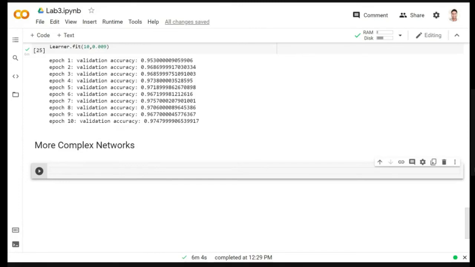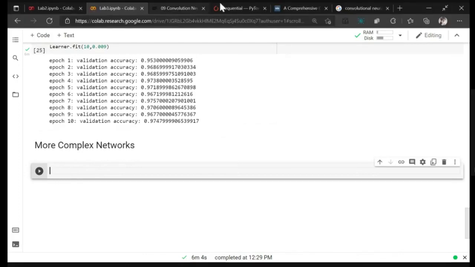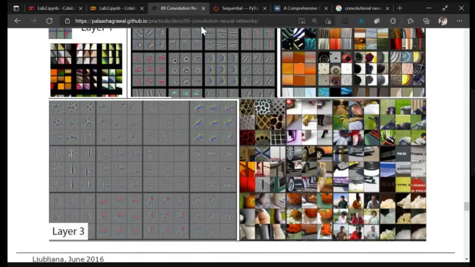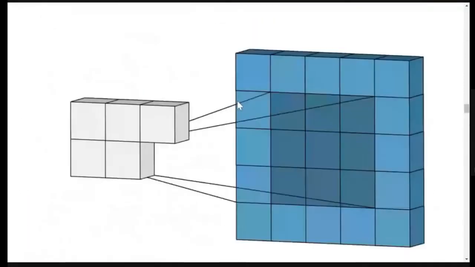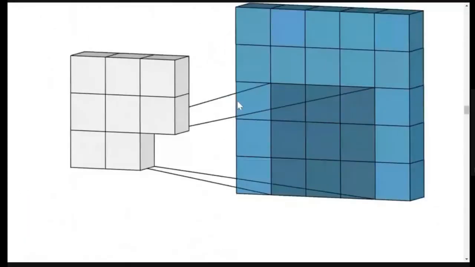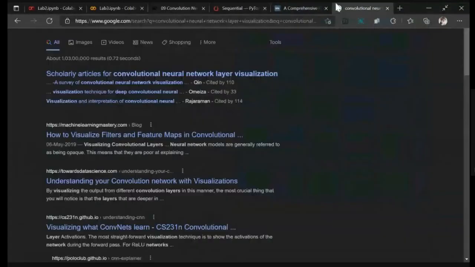I'll tell you what's going to happen. Whenever you do padding, which is a good way to compensate for the reducing size of images,